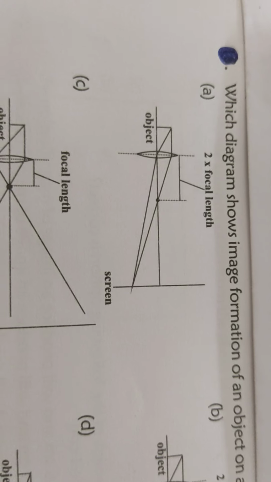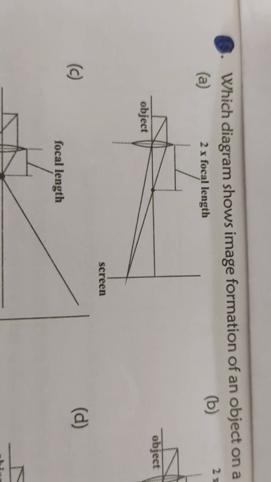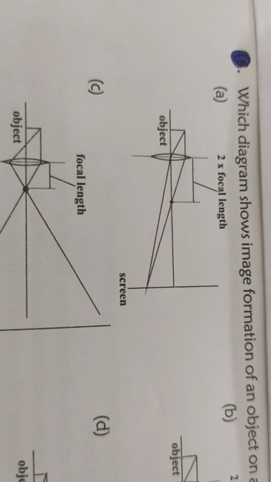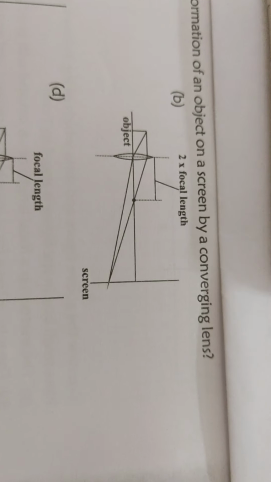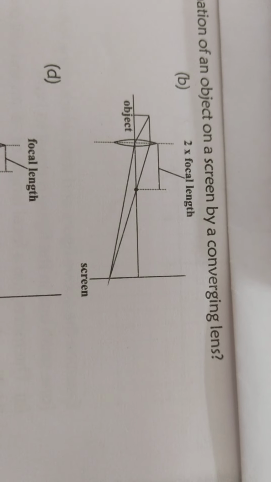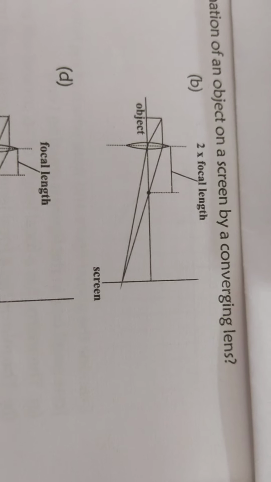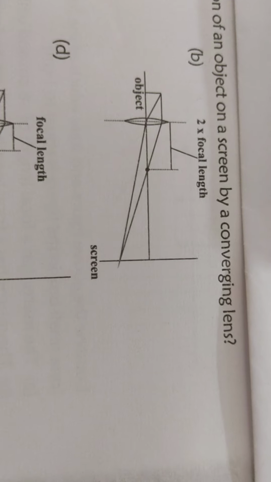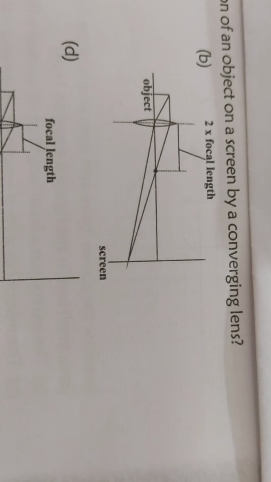But okay, let us assume we put arrows; then which diagram is correct? If we look at the first diagram, we can see that the incident ray which is incident at the optical center is bending. It is not going undeviated. So this diagram is wrong. Now, this is the next diagram. Here again the ray which is incident at the optical center, coming from the object, is bending. We know in a convex lens or concave lens the ray passing through the optical center passes without any deviation. So B is also wrong.